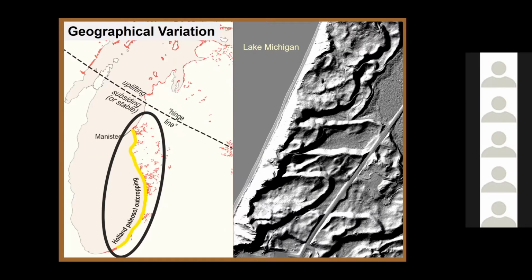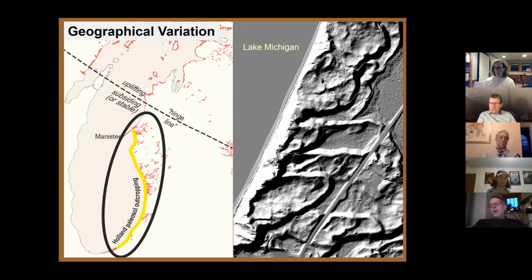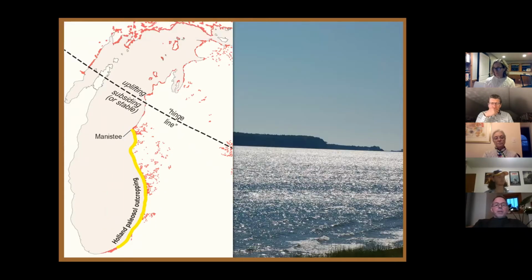So that's the part of the state that I first started working in because the dunes there are magnificent. I mean, if you've been to Holland State Park or Muskegon or Nordhaus Dunes or any of those places, you know what I'm talking about. Now, north of the hinge line, up here, that landscape's still rebounding. And you can see evidence of that. And this is one of the fun things about geography, is that you can often see these things on the landscape. When you're driving around in the northern UP, or the northern part of Lower Michigan, along the shoreline,